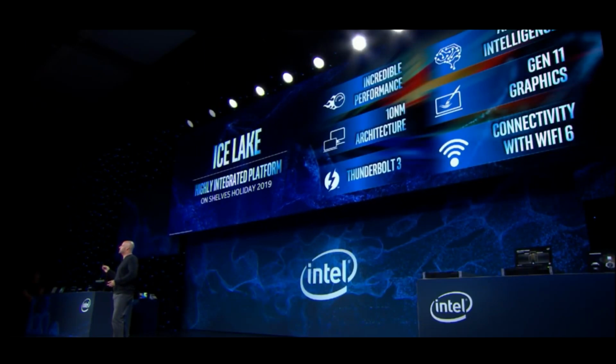So for the first time anywhere in public today, I'm going to demonstrate and we're going to show our Ice Lake first. That's what this is right here. This is Ice Lake in my hand. Now, what I wanted to emphasize was this is way more than just the CPU, and it's packed with a